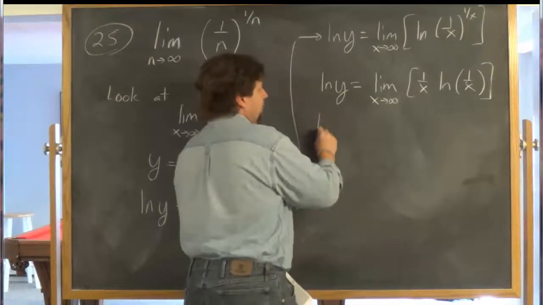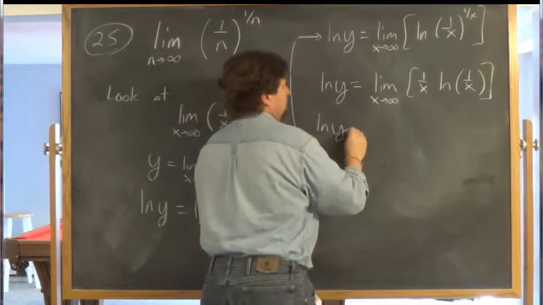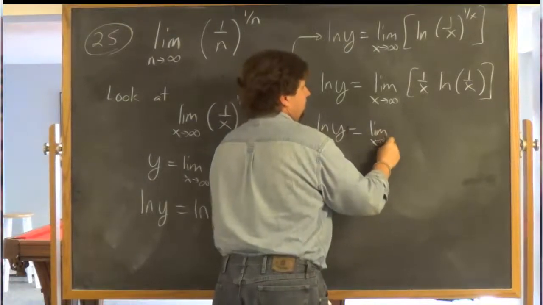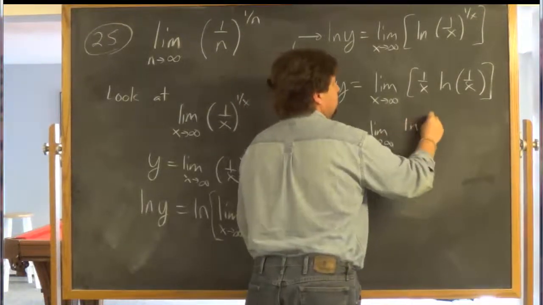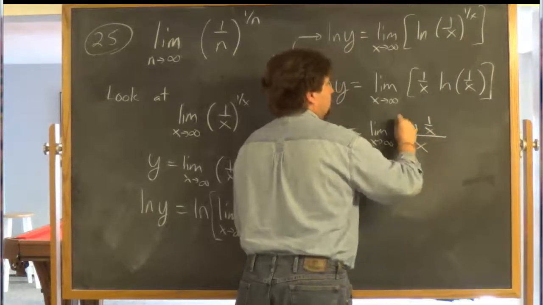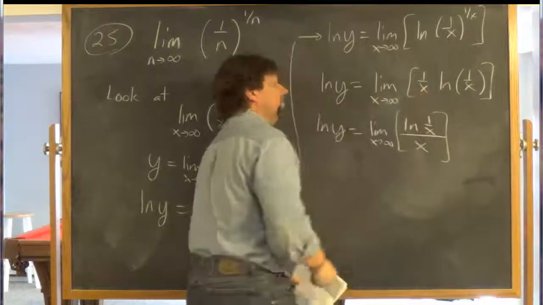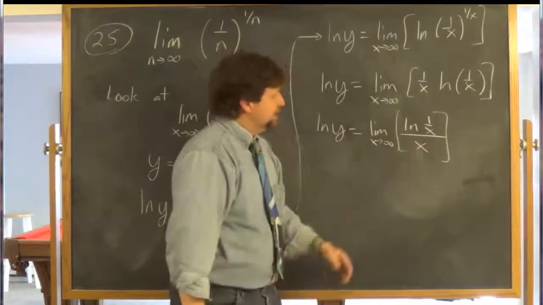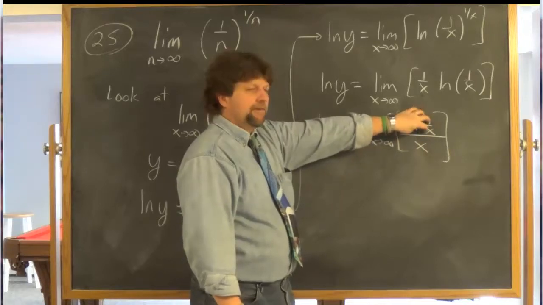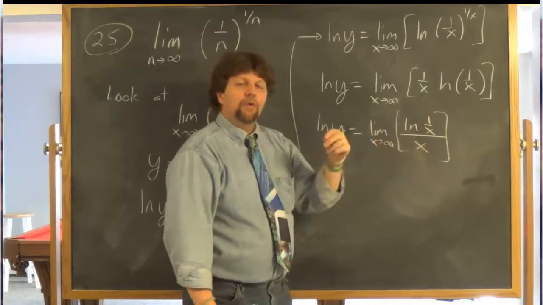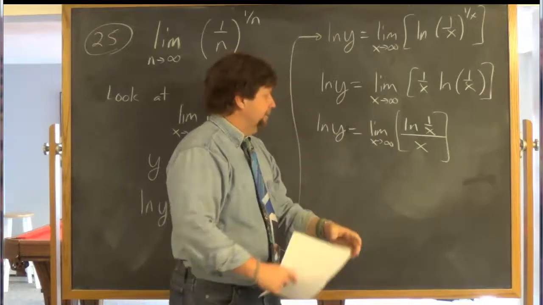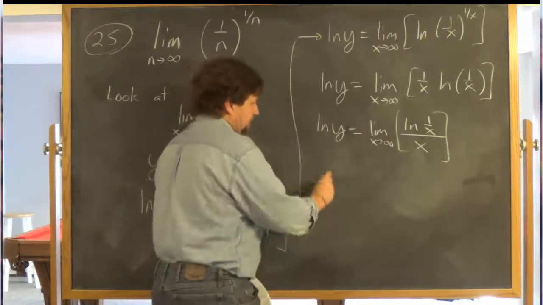But if you rewrite this mess as the natural log of 1 over x, divided by x, and that's what multiplying by 1 over x means, you can do this. You now have it in the form of negative infinity over infinity. That's one of the indeterminate forms that is acceptable to go to the hospital. And when you go to the hospital,